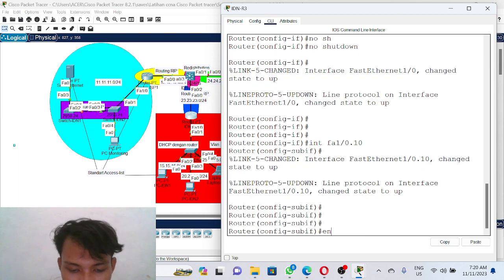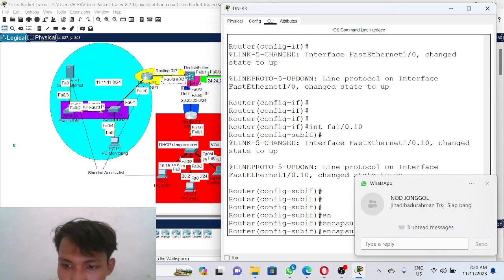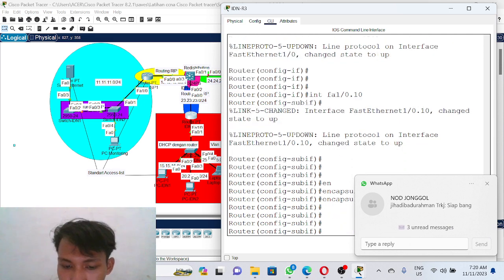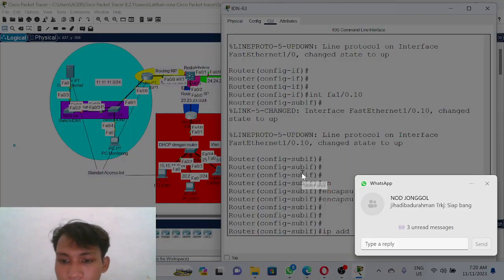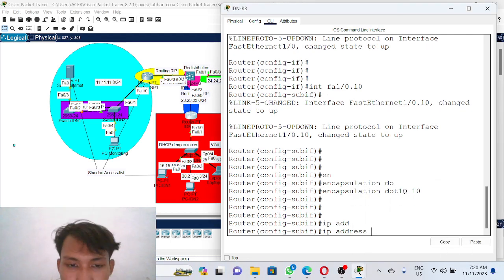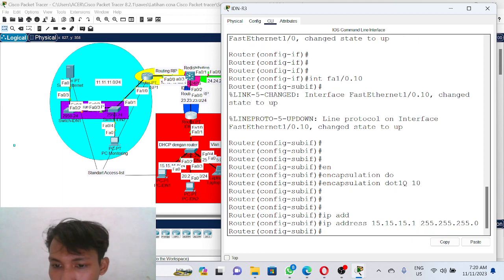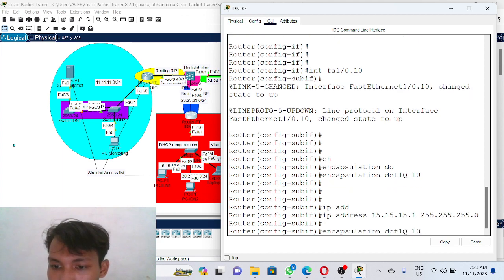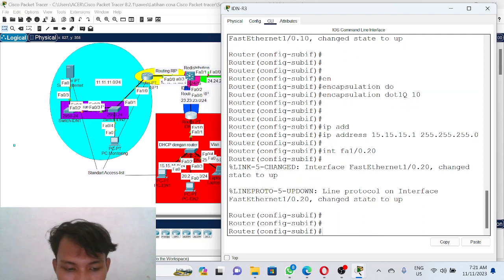Encapsulation dot1q 10, IP address 50.50.50.1, subnet mask 255.255.255.0, and then subinterface 20, encapsulation dot1q 20.